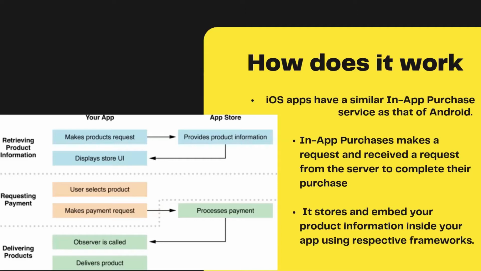But technically, the working flow is that the application requests the server to buy the product, and the server generates a particular token and gets back to you with feedback, sending you the purchase ID and order ID, and then your product is generated. So it works depending on the context.